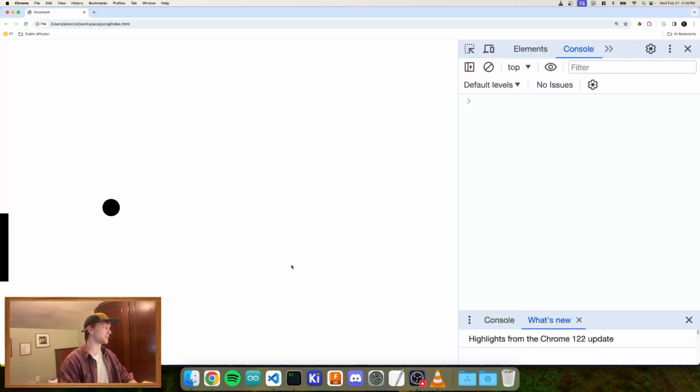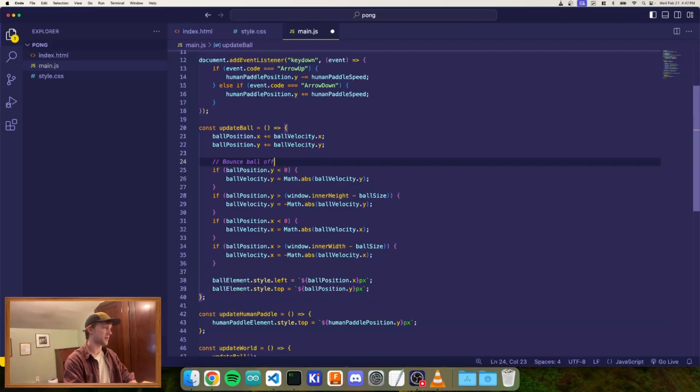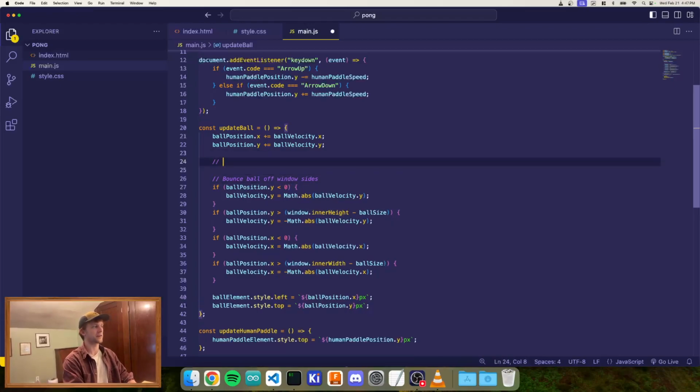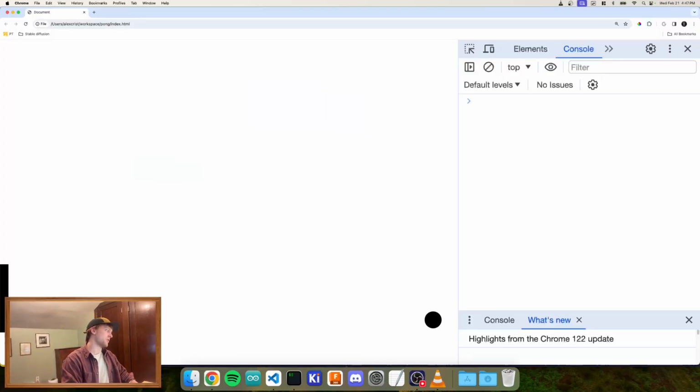The thing we need to do now is make the ball bounce off of the paddle when they collide. So to do that, we'll want to add some code to our update ball. This is like bounce ball off screen sides or window sides, whatever we want to call it. And then let's also go ahead and first check to bounce the ball off of the human paddle. Okay, so to do that, we're going to say the ball needs to be,